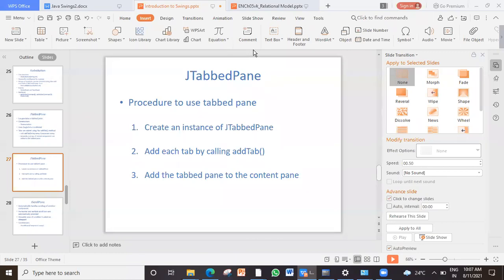What is a content pane? Long ago when I started Swing, I told you that normally a Swing interface is considered to be a glass pane. It is formed by different panes. There are 4 panes I have already covered, and even in the notes I will not go back to that because I missed it. But wherever you place the component, that is called a content pane. So you can place that on the content pane. These are the steps.